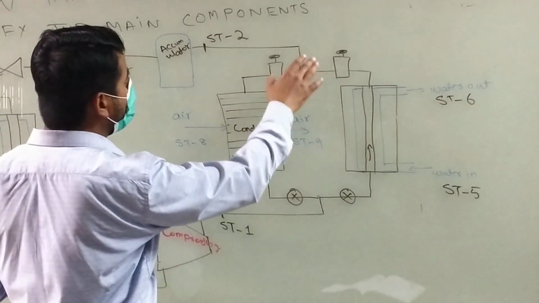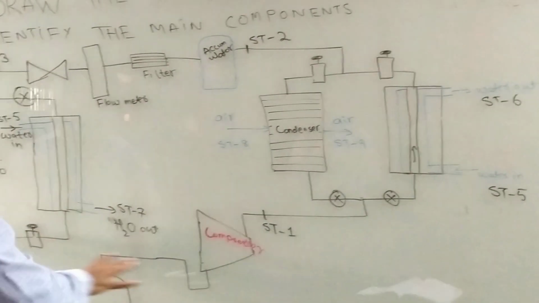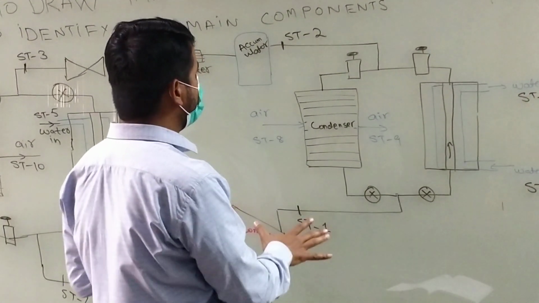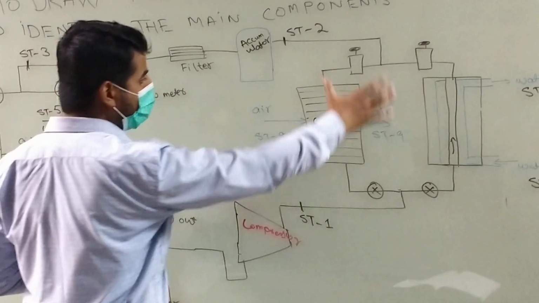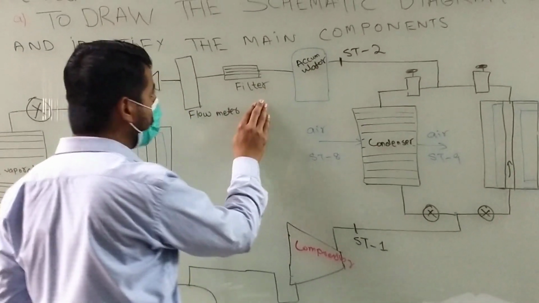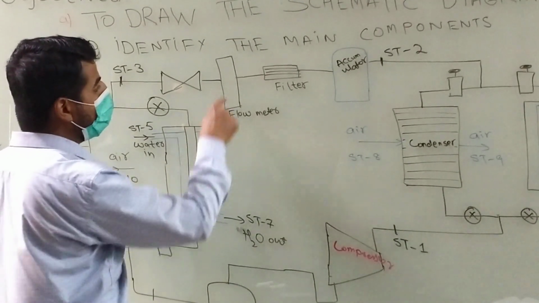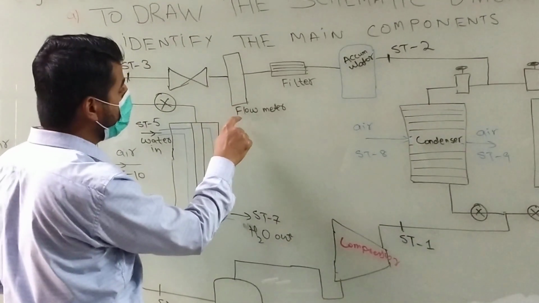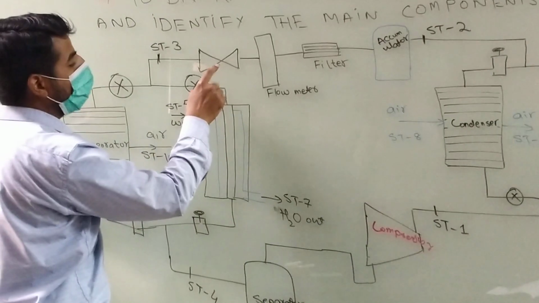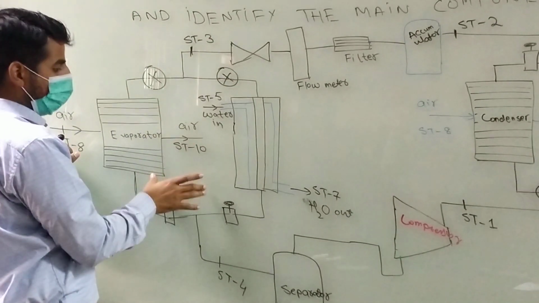saturated liquid state. Since we cannot store the refrigerant in the pipes, there is another component where we can store the refrigerant, that is called the accumulator. So after the condenser we have the accumulator where the refrigerant is stored, and after that we have the filter, and after that there is a flow meter that measures the flow rate of the refrigerant. In the cycle we will see that. And after the flow meter we have the expansion valve, and in the expansion valve there will be the constant enthalpy process, and after that we will reach the evaporator again.